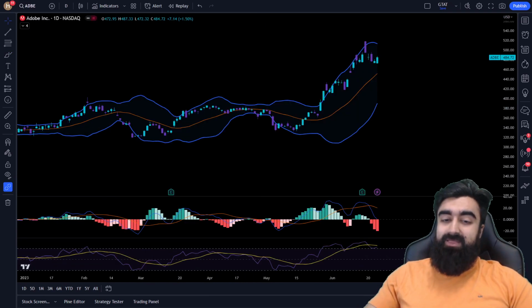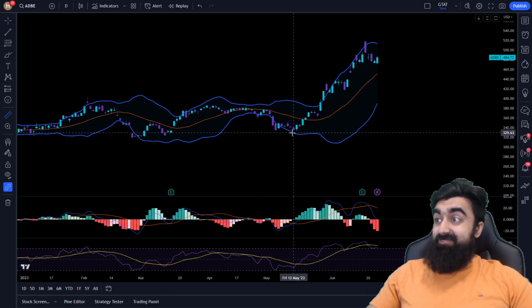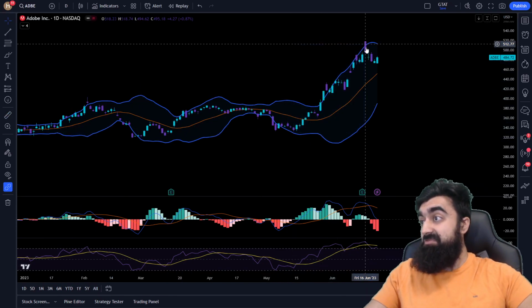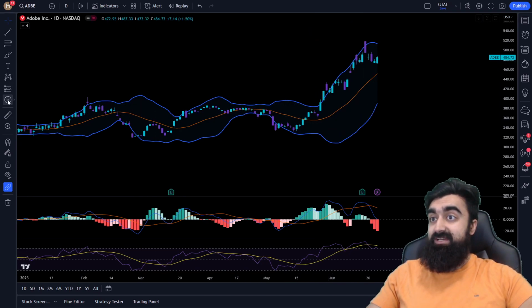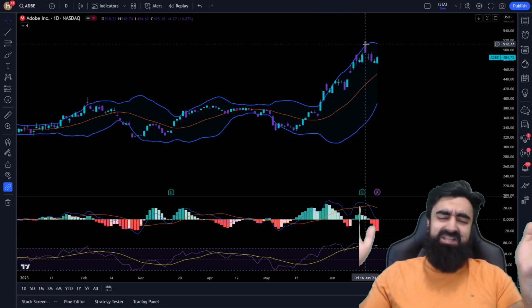By the way, remember a few weeks ago when I said to go long Adobe because it would be very profitable with the AI stuff? From the bottoms here, it's up over 50%. From this little pullback here, it's up over 40%. That's neither here nor there though.